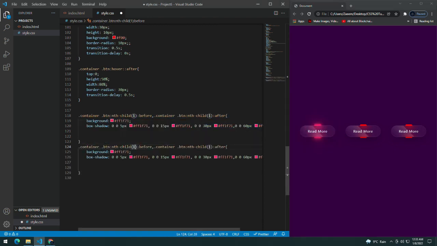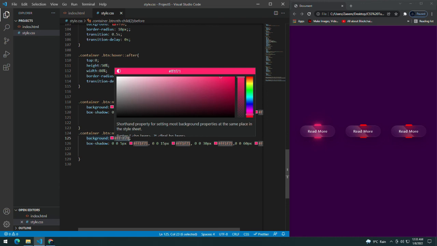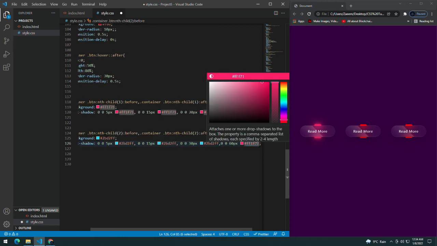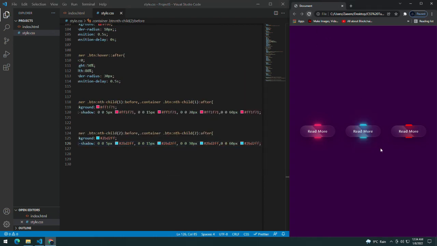Now let's copy it and change it to 2, and let's change all the colors for the second button. I will give the second button a color of #2BD2FF, copy this color, paste it, copy this, paste this, and let's change the last color as well.